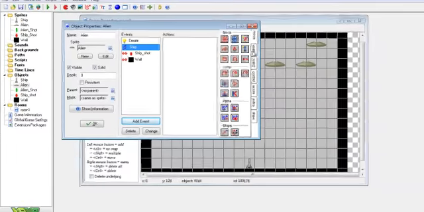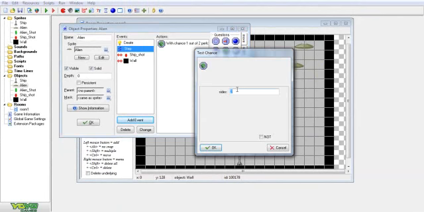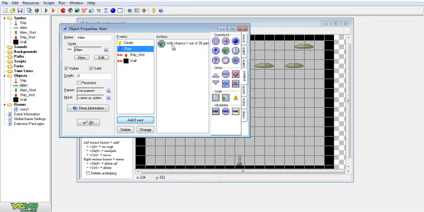And so now in the actions I'm going to go down to control and select test chance and drag that in, and I'm going to have this on 30 and click OK. So with chance, it says there's a 1 out of 30 chance that